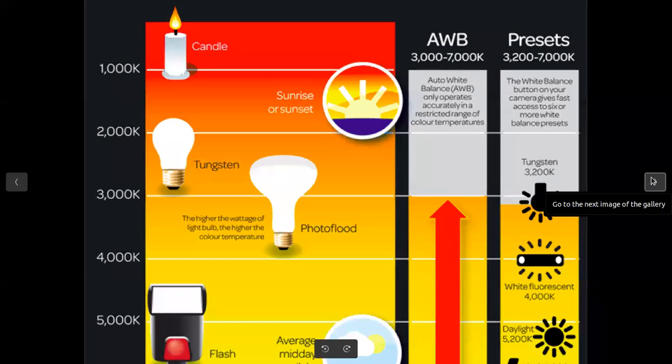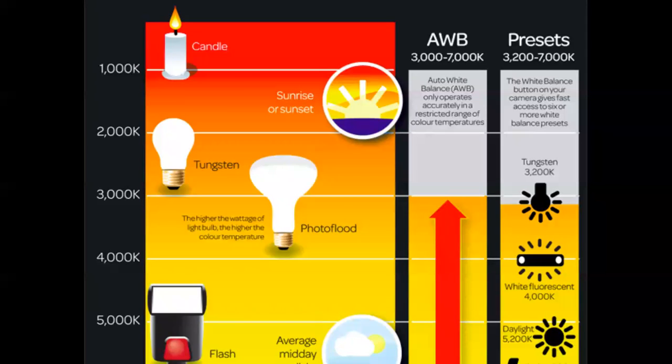We'll understand more now. These are the standard modes that are available, like candle, sunrise, tungsten, photo flash, or external flash that we are using. All these settings we have to do. In case you are not able to decide the appropriate white balance setting for the environment, you can keep the setting in auto white balance mode. The camera will try to give you the best result. But in the majority of cases, the camera will be fooled, so it is better to take control of that behavior of the camera.